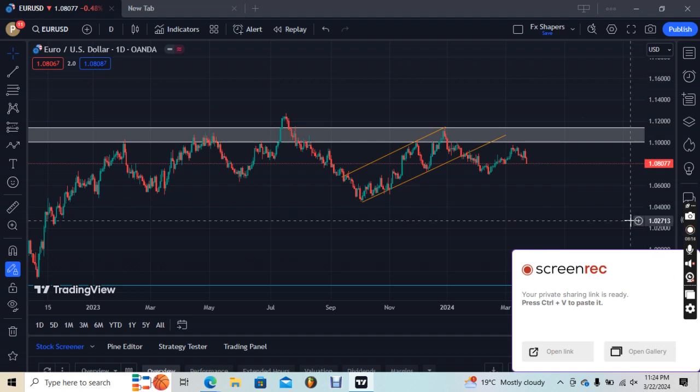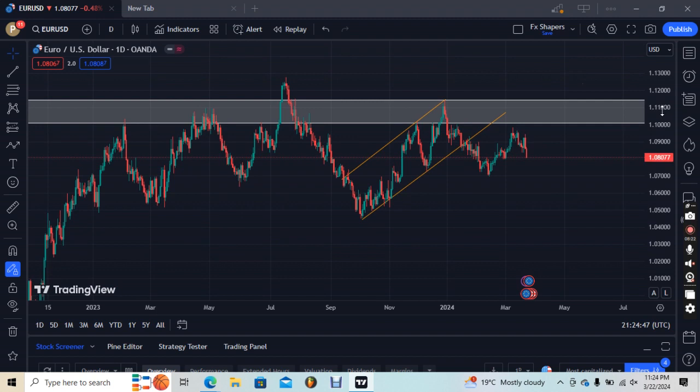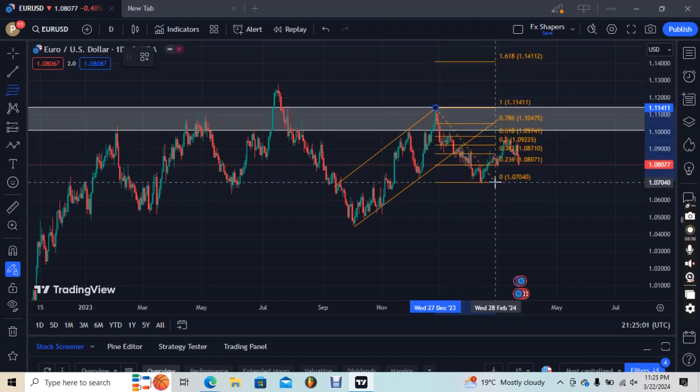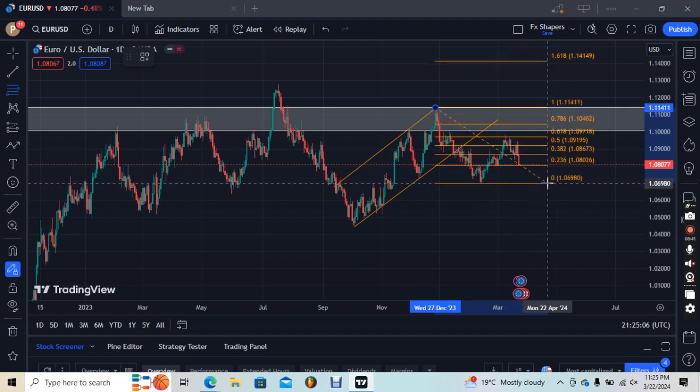So we're going to be using our Fibonacci tool again, just so we can be able to see and understand what is happening in the market. So because of this level right here and this structure right here that we have, we can see that this is the highest level of the market, back to the low of the market, which is this area right here. So if you can check very clearly, guys, the market came to retest the 0.618 level,